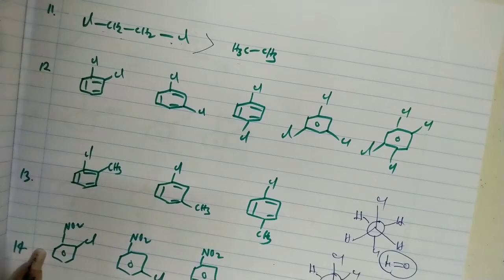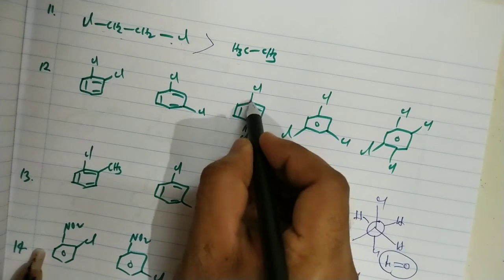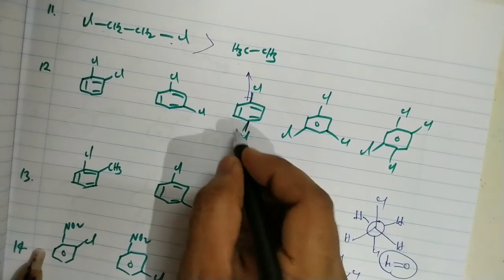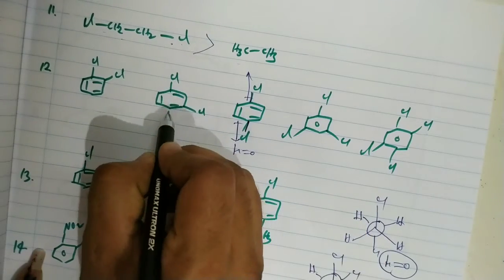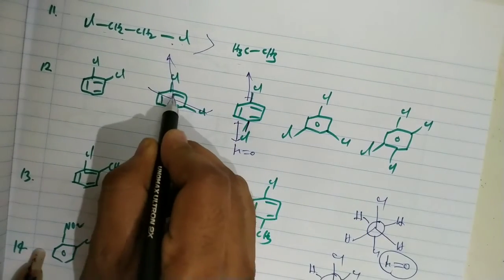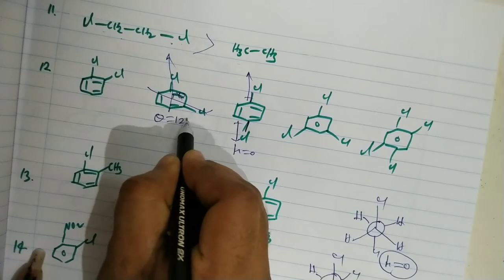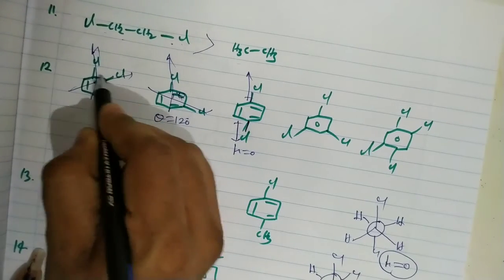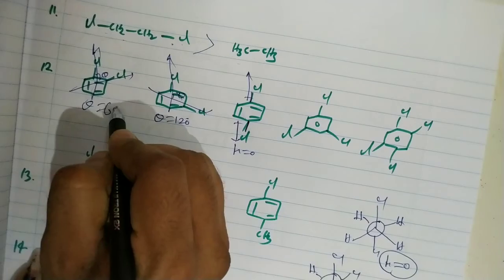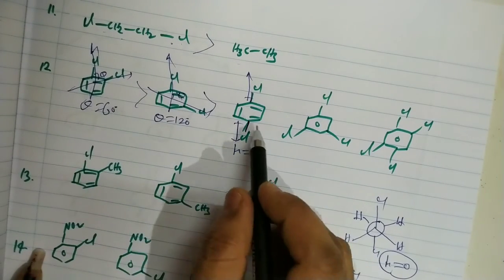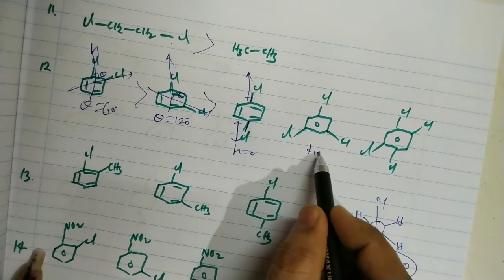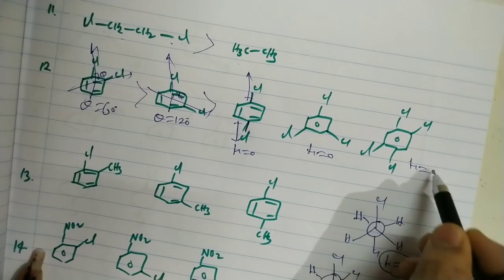Okay. So in this case we can see the dipole moment of dichlorobenzene. Here the dipoles are exactly opposite in direction, towards chlorine, so they cancel each other, so the dipole moment equals 0. Now in this case, towards chlorine, here towards chlorine, theta is 120 degrees. Here in this case, towards chlorine, theta is 60 degrees. That means the dipole moment decreases gradually. For this molecule the dipole moment is 0.